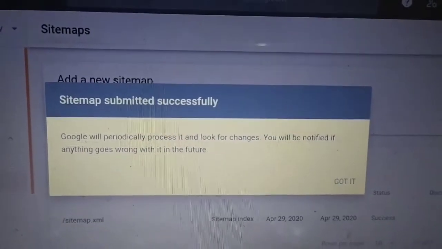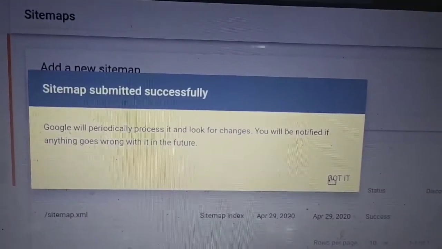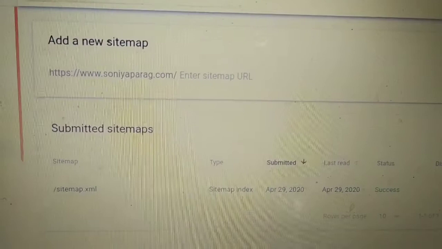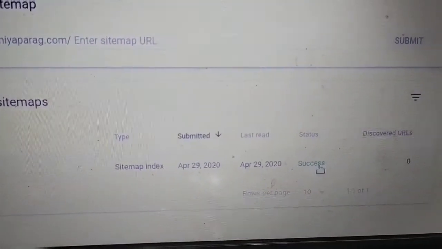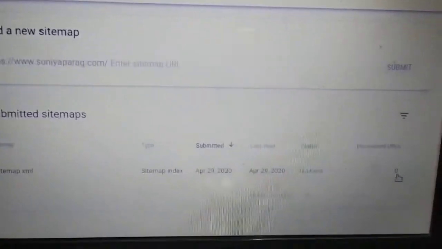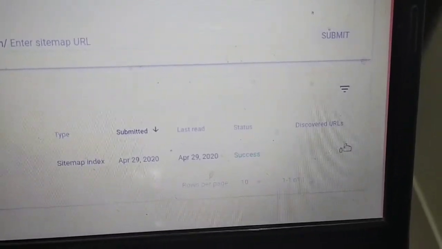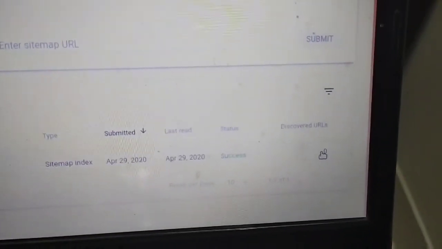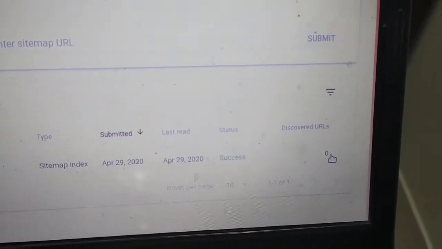We got this window saying the sitemap has been submitted successfully. Then click on Got it. So our sitemap has been successfully uploaded. Here it is showing 0 discovered URLs. As it is a big website, it will take some time to find the number of URLs. If yours is a small website, then it will show the number of URLs of your website.